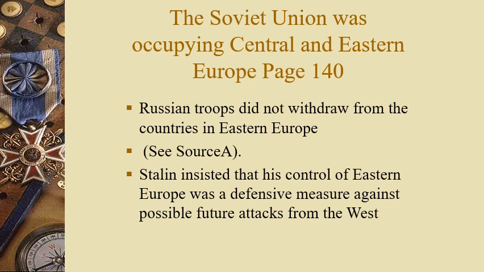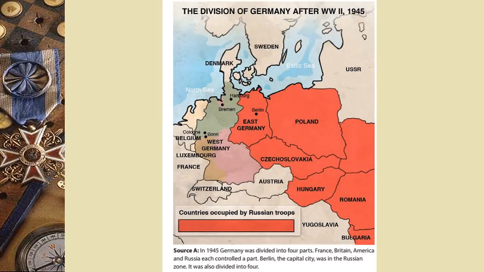I'm going to explain what is happening on this slide by having a look at the map on the next slide. It's just easier if we look at the map in terms of explaining what was going on in Europe at this particular point in time. If you have a look at the map of Europe in front of you, you need to understand that during the Second World War, there were Allied troops from Russia, Britain, France, the USA, throughout Europe, trying to defeat obviously the Germans and the Italians.